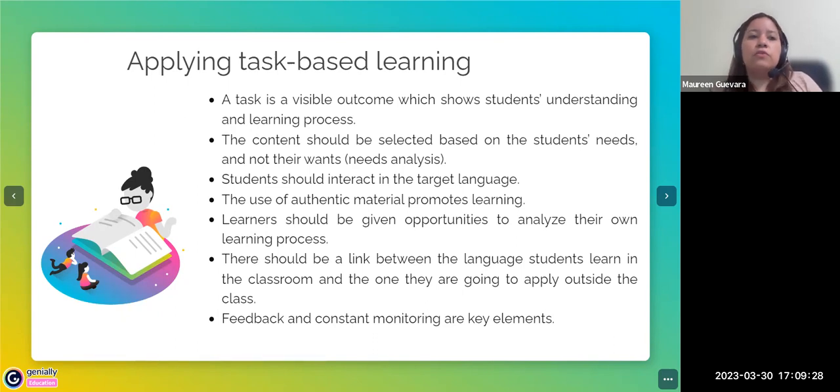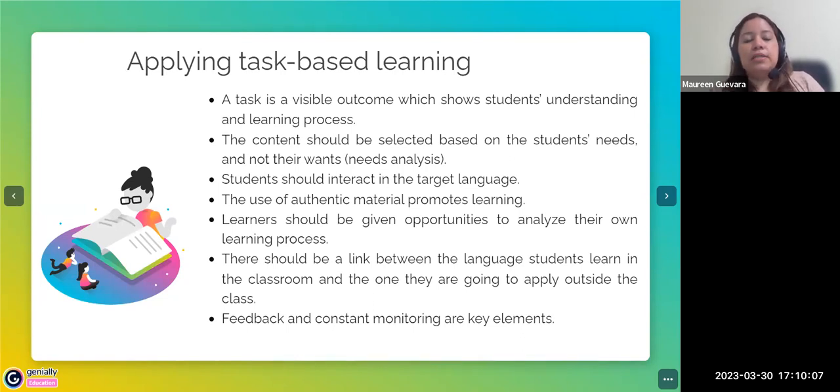So what I try to do is that after I apply this cycle, I reflect on the learning process and I try to identify: okay, now I see that my students are having these problems, so how can I give them the opportunity to improve? So I go again with the cycle, and then my students can see if they are understanding now or not, or if we need to reinforce a specific area of the language, etc. I'm going to give you one example about that later.